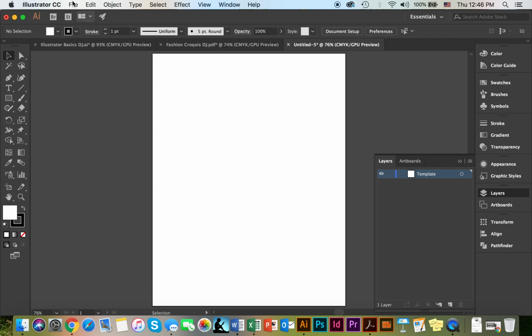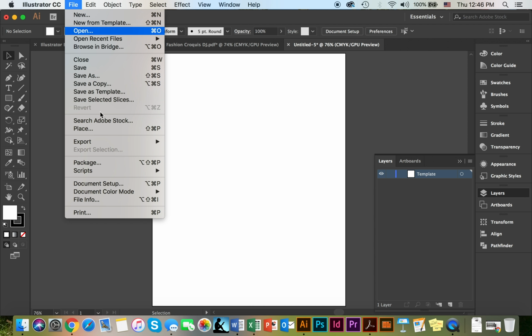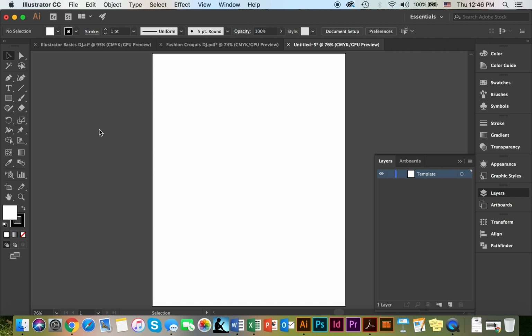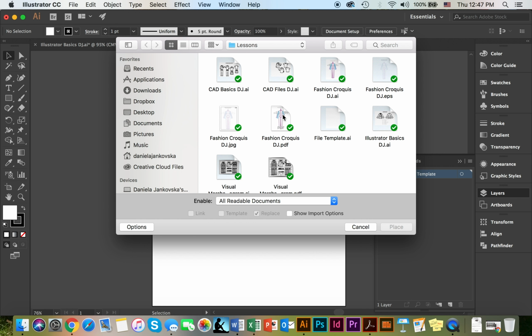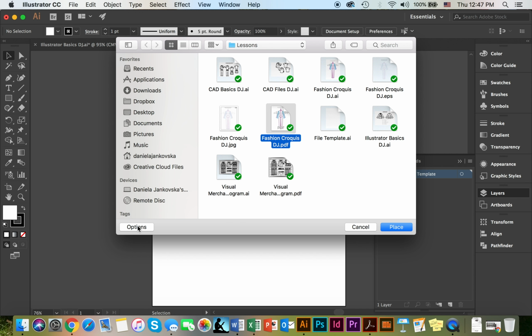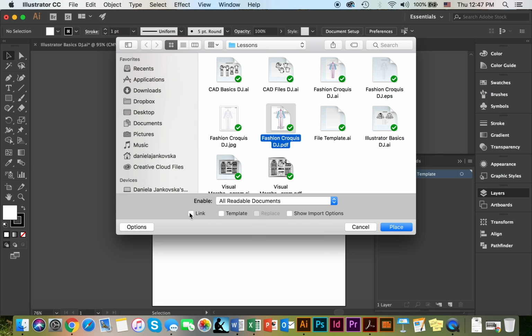And to place a template, you're going to make your way to the File menu, make your way down to Place, and navigate your way to the file. If these options do not show up on your computer, you're going to click on the Options menu. On Windows, they automatically show up, but on Macs, sometimes they don't. You are going to click on the Options menu, and normally it will be pre-selected to link it with your original page. You're going to uncheck that and check Template, and you're going to click on Place,